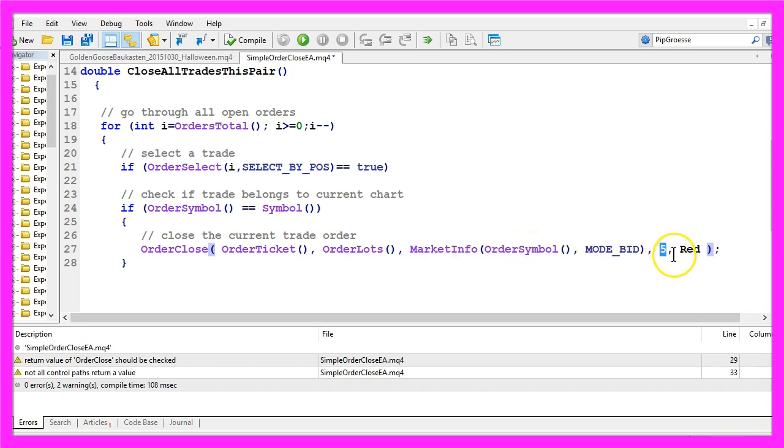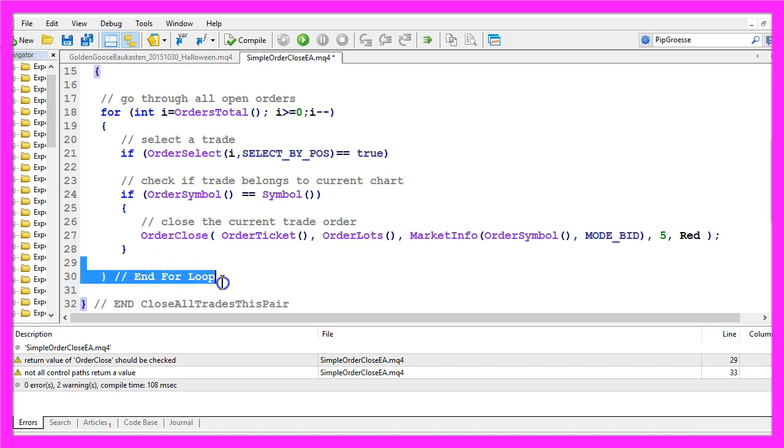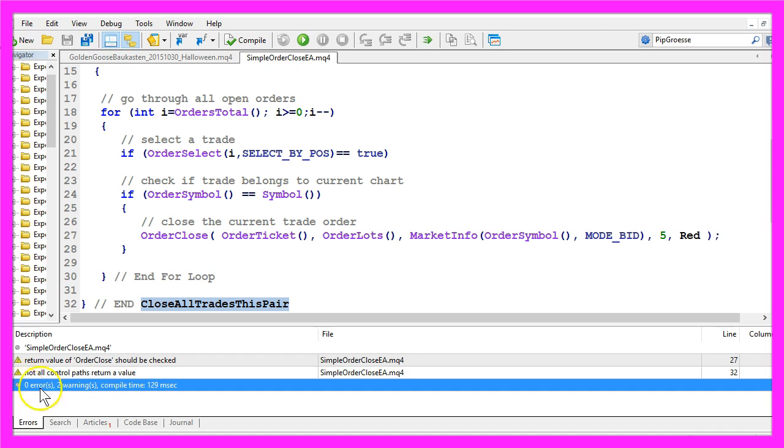We only allow a deviation of 5 pips, and we want to place a red arrow on the chart. In the last step we need to end the for loop and the function, and when you are ready you can click on compile or press F7, and you shouldn't get any errors here.